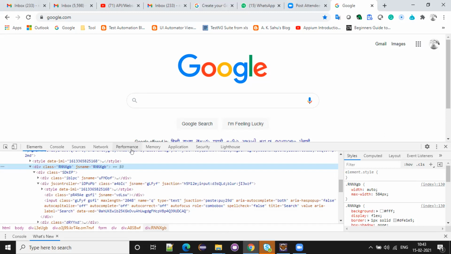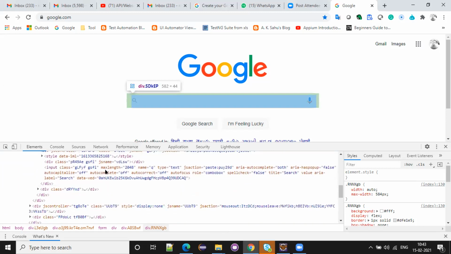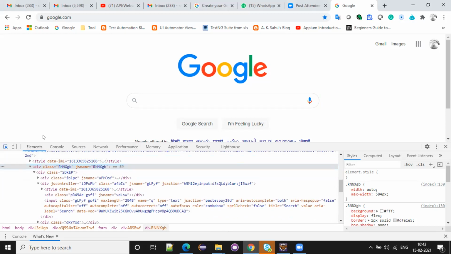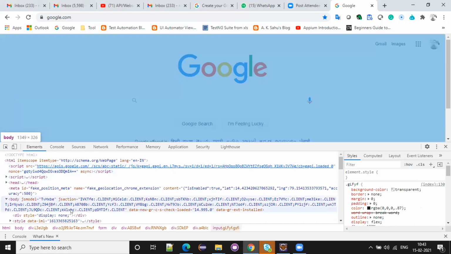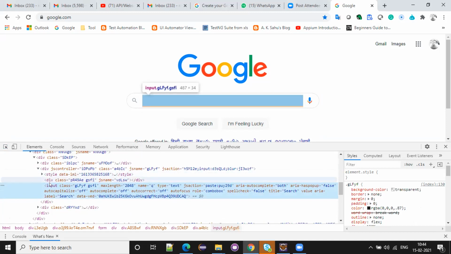Sorry. So first we'll try to write one absolute XPath. If you want to write an absolute XPath, don't write from the HTML, don't try from here. Go in reverse, from where you want to reach, and see how you have to travel. So I will try to write one for the input box.